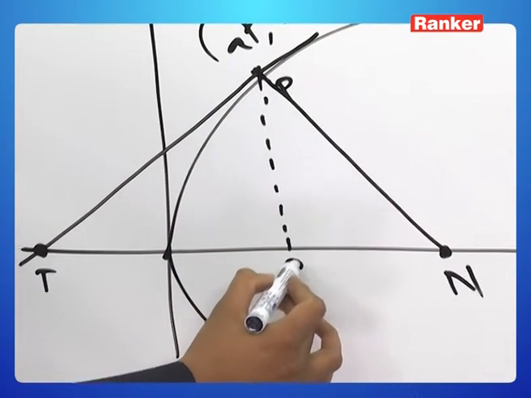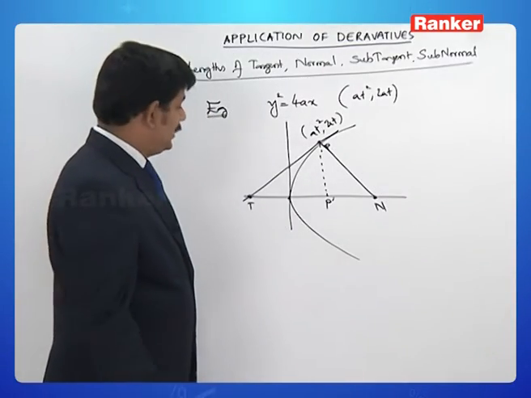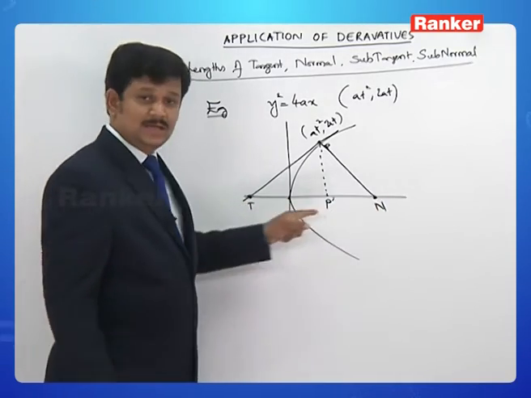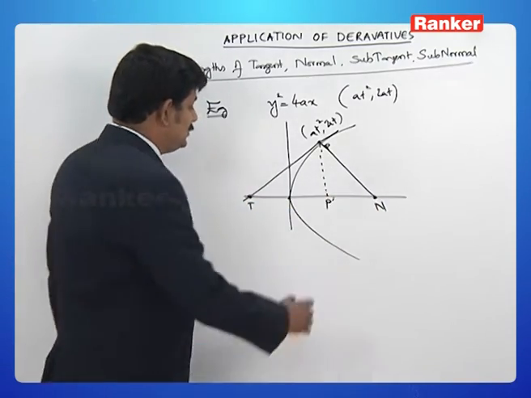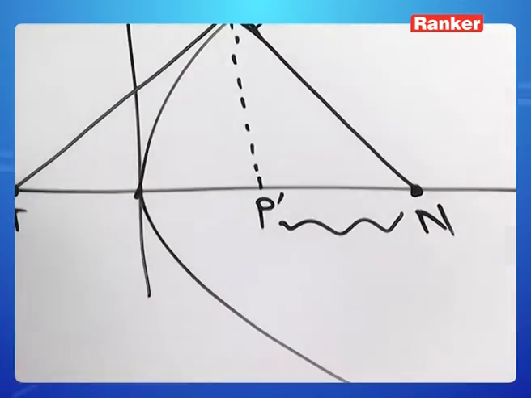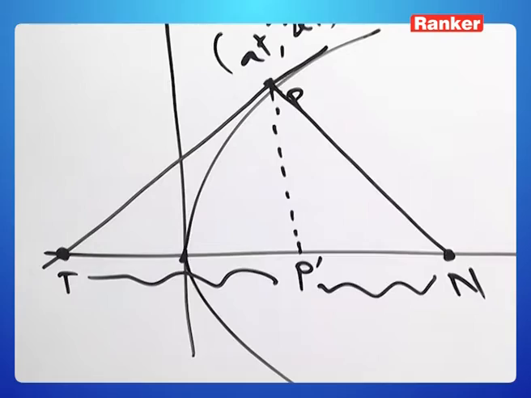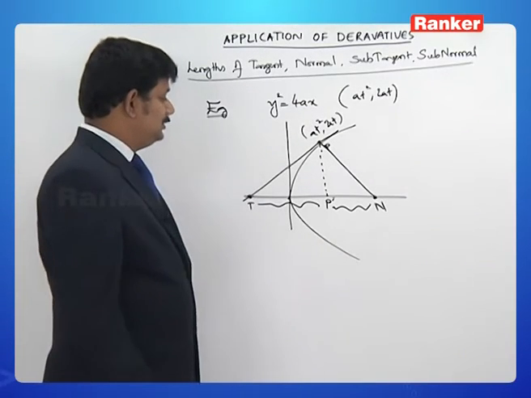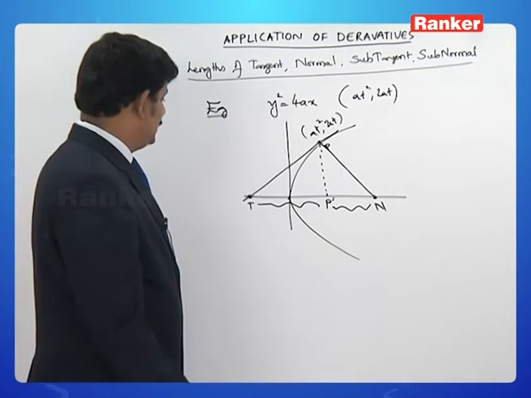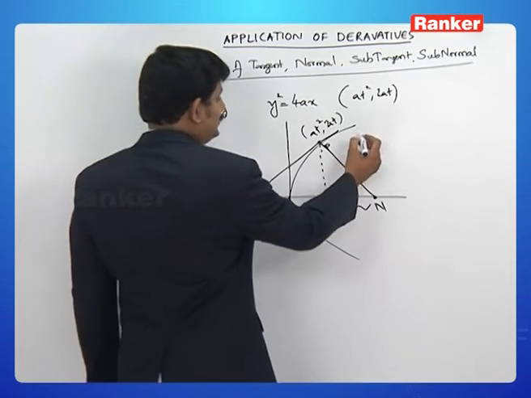When we are drawing a projection of P on the x-axis, P dash N is called the length of the subnormal, and P dash T is called the length of the subtangent. So here our target is to find PT, PN, P dash N, P dash T. Length of the tangent,